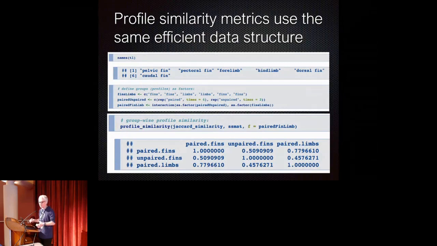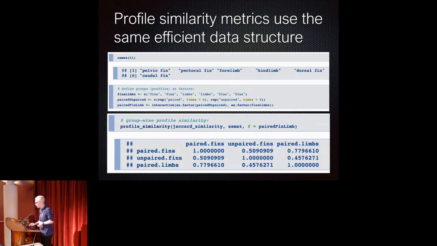Profile similarity is semantic similarity between groups rather than pairwise between single terms or nodes, right? And so, for example, here in R, we do this by creating a factor. And so if we, for example, bin all the fins into one group and all the limbs into one group, and then also bin the pelvic fin, pectoral fin, forelimb, and hind limb into the paired appendage group and the